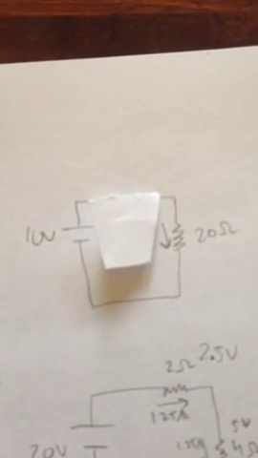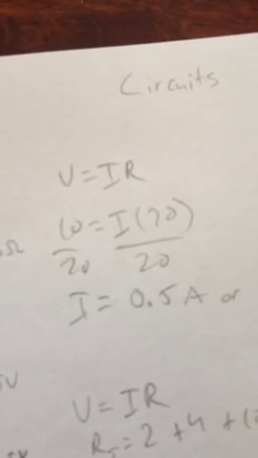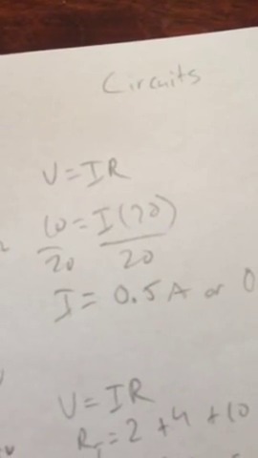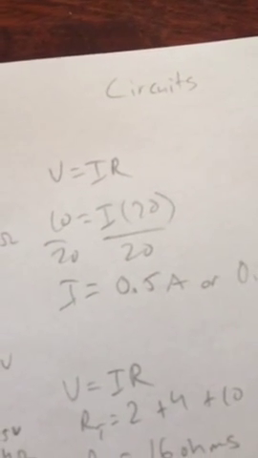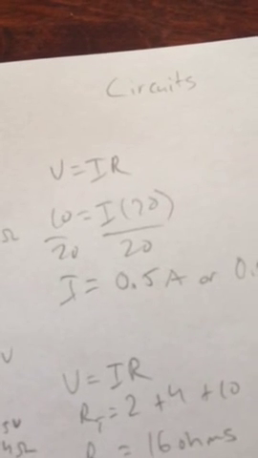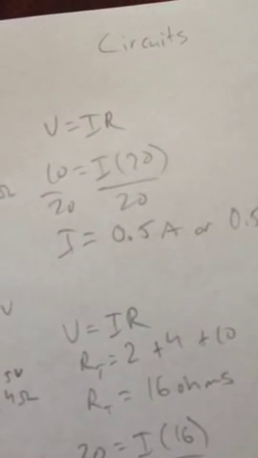So we have to use our handy dandy equation, V equals IR. We know the voltage of the battery is 10, and we know the resistor is 20 ohms. So we plug in 10 for volts and 20 for resistor, and we get 10 equals I times 20. Divide both sides by 20. So then you get the current, which is